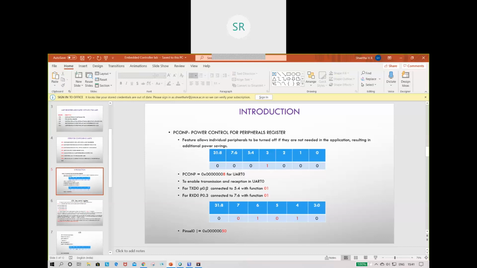This pin 0.2 is connected to the 4th and 5th bits with the functionality 01. If the functionality is 01, it will act as the transmission for UART0. Same thing, the 6th and 7th bits with 01 functionality will act as the reception. So the 4th and 5th bits are 01 for transmission, and the 6th and 7th bits are used for reception.